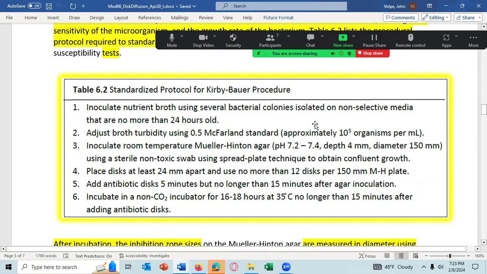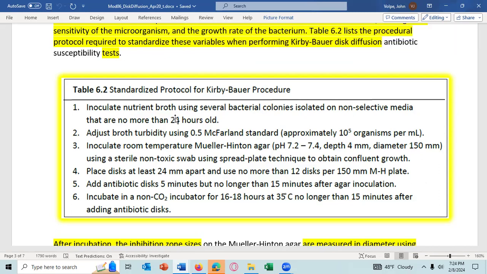And then the colonies should be no more than 24 hours old, and you should grow the bacteria in the nutrient broth for no longer than 24 hours. The reason is we want quickly growing cells. As I mentioned, the growth rate of the bacteria will determine the size of the zone of inhibition. The slower the cells grow,